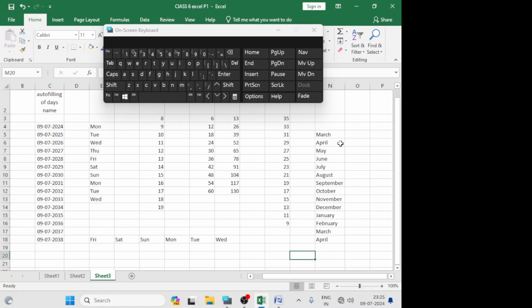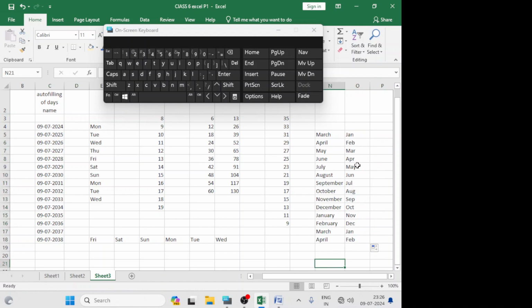You can type the month's name in short also with 3 letters only. Suppose type only JAN for January. Click here, place your mouse pointer here, the dark plus is appearing, drag it down.